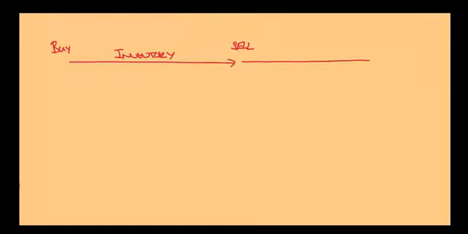Anyway, moving on. Let's say that we buy something. When we buy something, it goes into inventory. Then we sell it, and I'm presuming we sell on credit here. When we sell it, it goes into receivables. Then we get the cash. We receive cash, thank you very much.